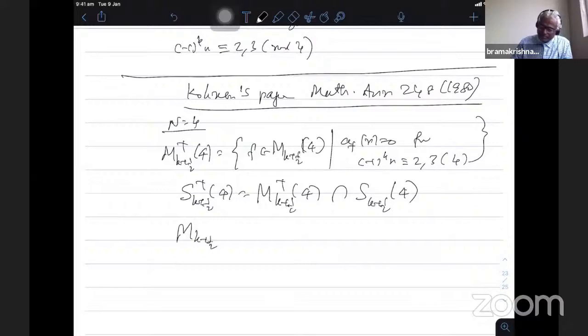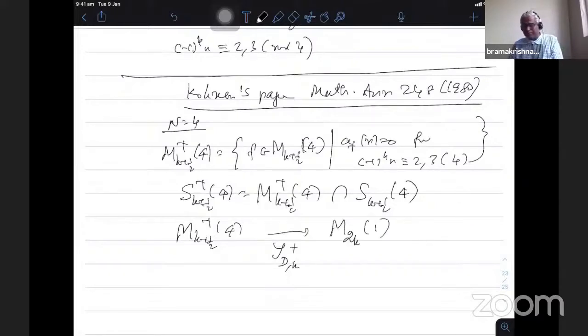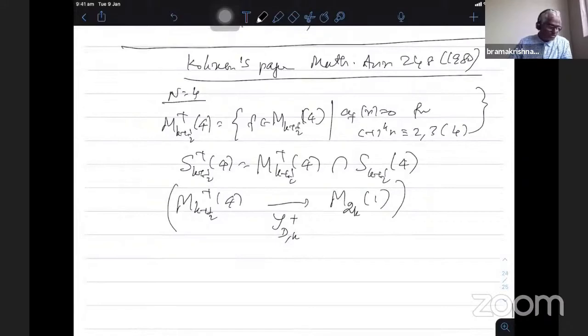there is a mapping, which we will define later, called the Shimura map, that sends it to M_{2k}(1). So the Shimura map sends modular forms of level 4 to level 2, but in this setup it defines a space and then shows that the Shimura map sends forms in this space to the usual elliptic modular forms with respect to SL2(Z). So slowly we will see Proposition 1.